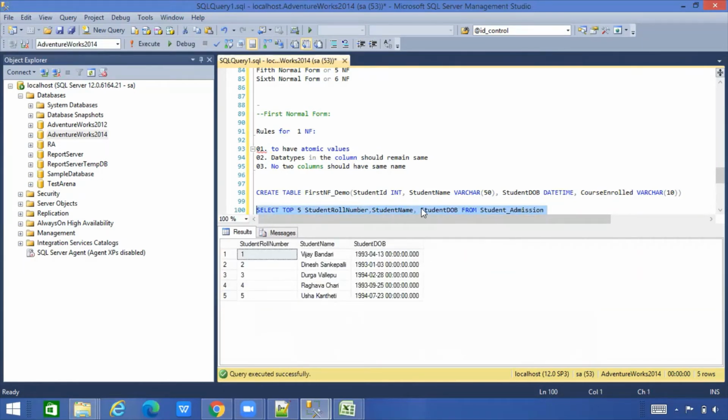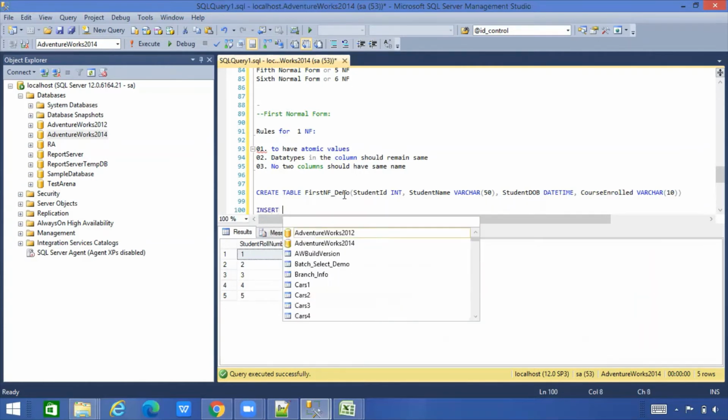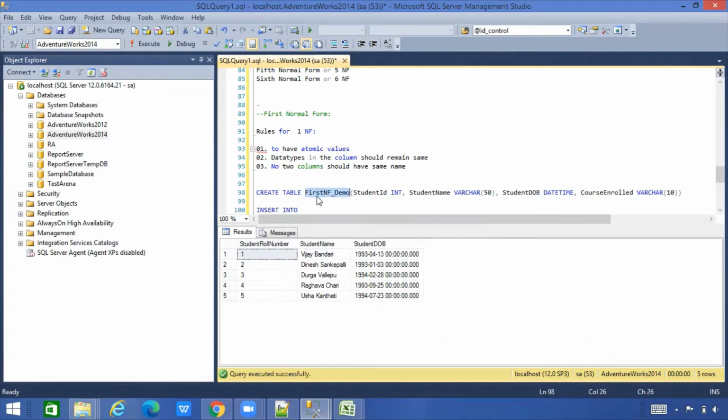Got it? So what I'll do is insert these records. This is how you prepare tables with dummy records. Like I told you, why do we insert records? In real time, you never create a table or insert data into the table. Everything will be from the front-end application only. We are creating and inserting data to create some dummy data and work in a test environment. You need to create data on your own. That is the reason I'm showing you how to create tables and how we insert data